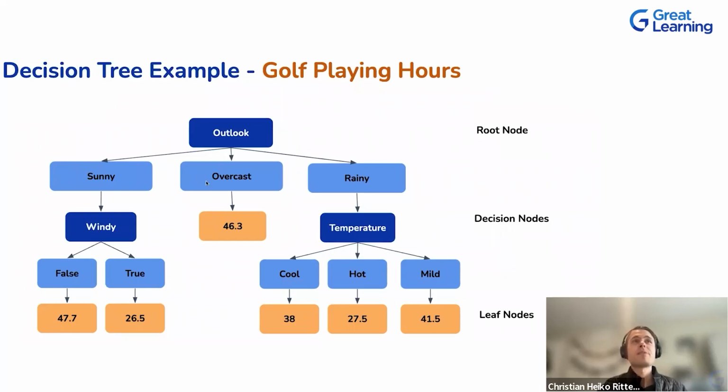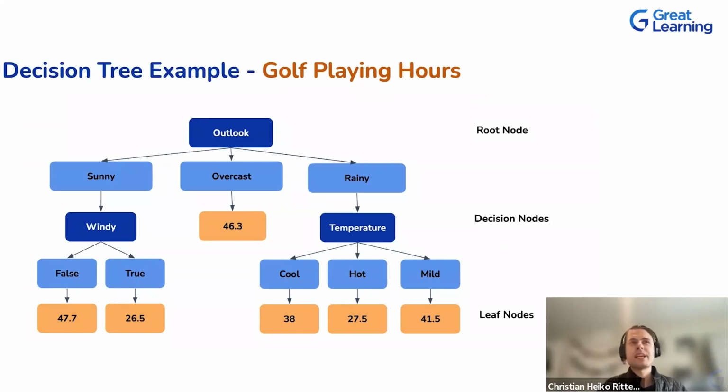If I look at a certain day of the week and follow this decision tree path, sunny, yes, windy, yes, I end up with a certain amount of hours per week which I want to play.